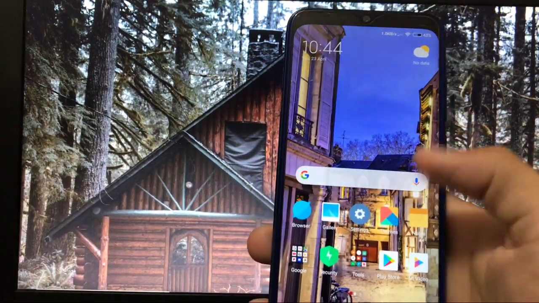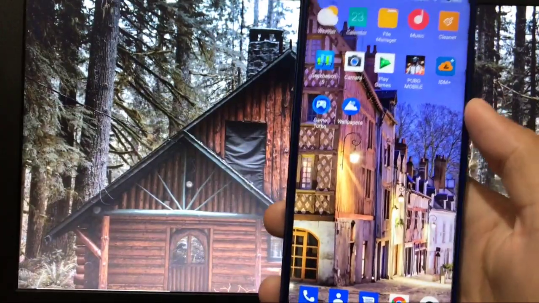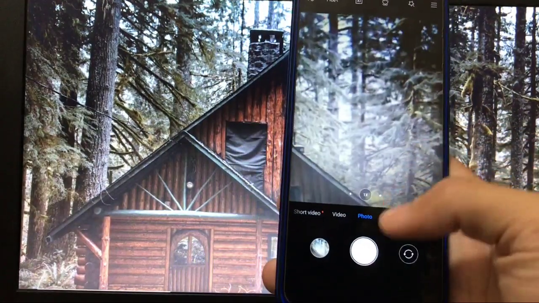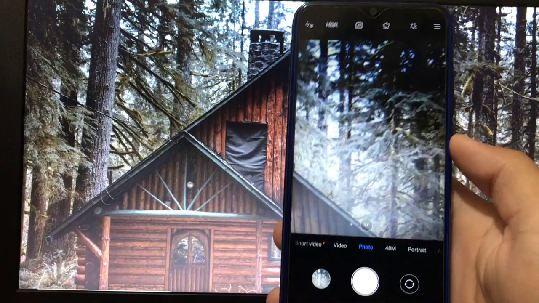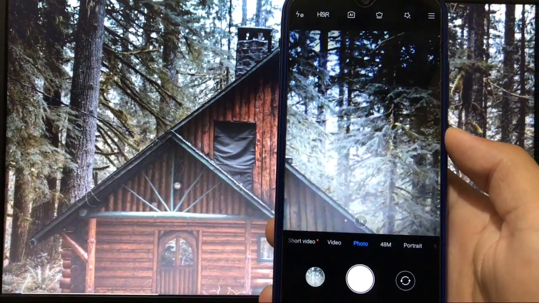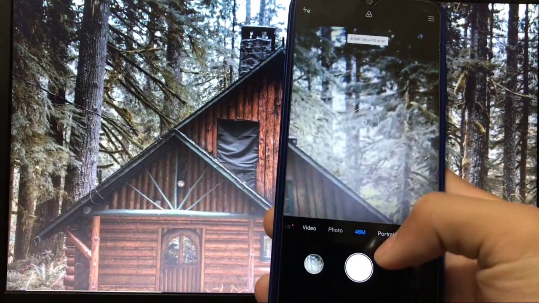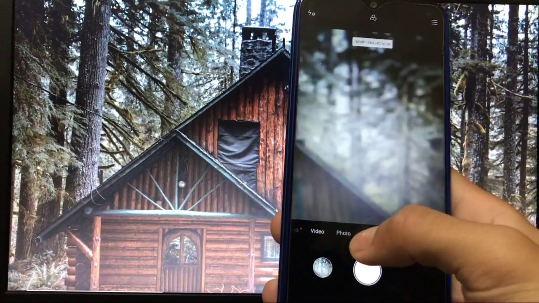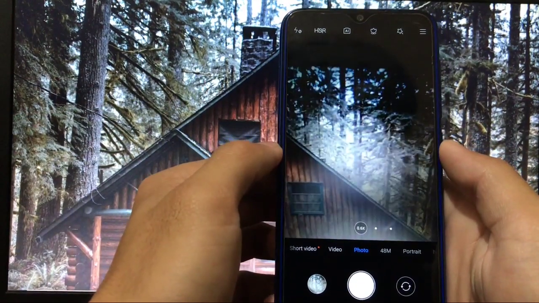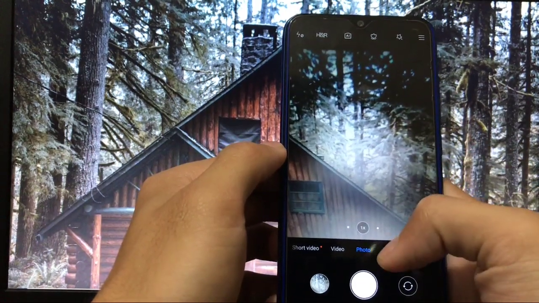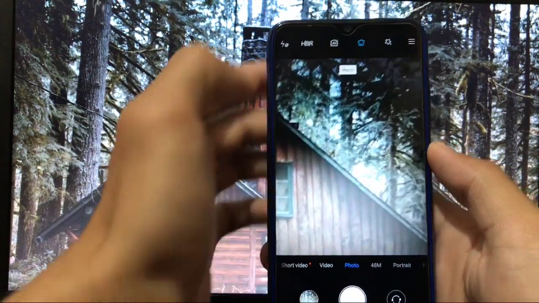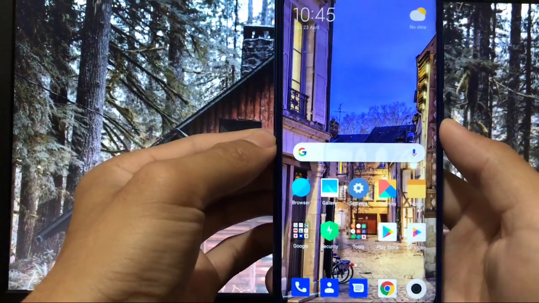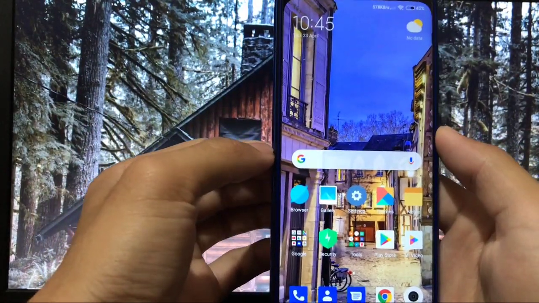The Google search bar is here, and also I have applied a wallpaper which looks pretty cool. Your home screen looks pretty nice. By default Chrome is properly installed, and this one is the camera app which you get by default, and this is the official ROM. So there is an official camera already available. 48 megapixel is there which is working, portrait mode is here which is working, and everything else is working too. Wait, let me show you one more thing. This one is the ultra wide angle which is also perfectly working, and alongside with that the macro lens is working too. So if you want to install the latest build on a device with all camera modes working and all other things, then you can install this build right now on your device.